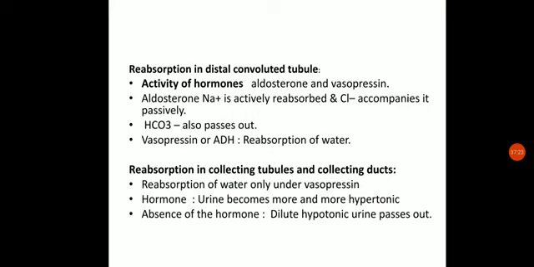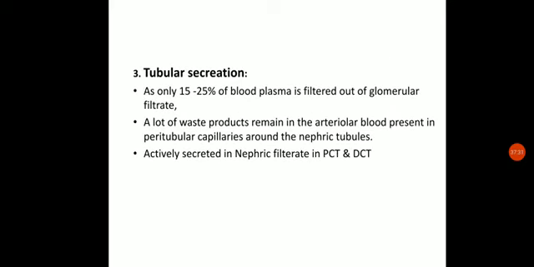Okay, so that was about the reabsorption in the collecting ducts or collecting tubules. The first part was the glomerular filtration, the second part was the tubular reabsorption, and the third part is the tubular secretion. Now we know that only 15 to 25% of the blood plasma is filtered out as glomerular filtrate. Not all the blood plasma is filtered out. So still there will be a lot of